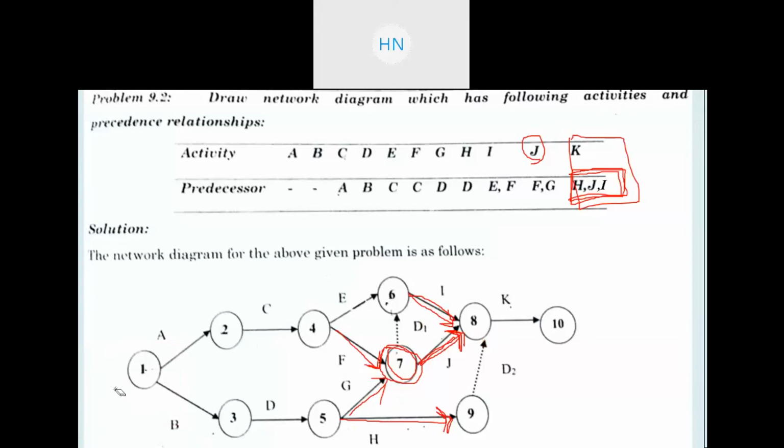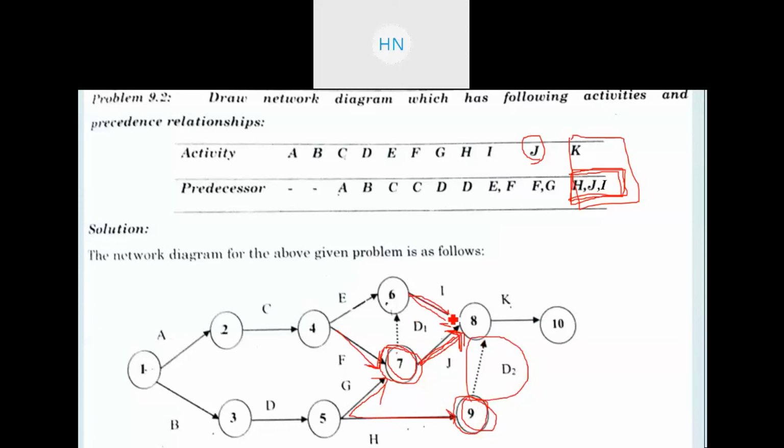I'm explaining you, concentrate here. If you say that you want to add this H directly here as an activity, you cannot add this, right? Because this will be two parallel arrows. That is not possible in the network, right? So for that, what you need to do is, here again you need to add one more dummy activity, and for that I am adding event number 9, and this is your dummy activity, that is D2, right?